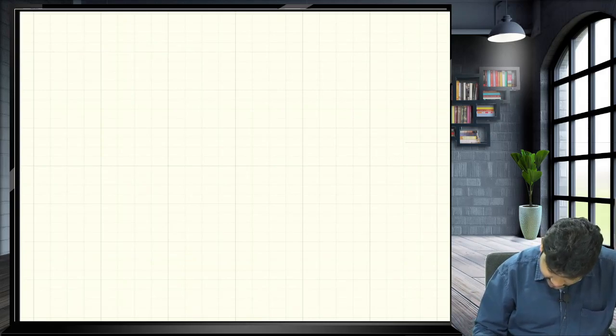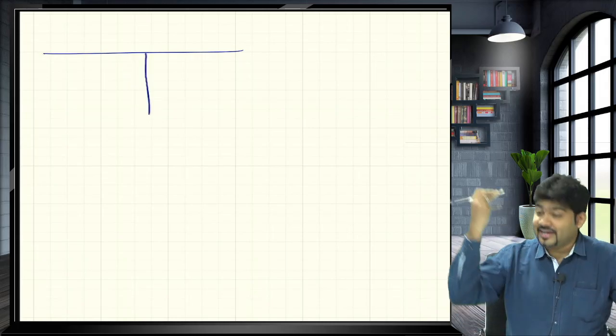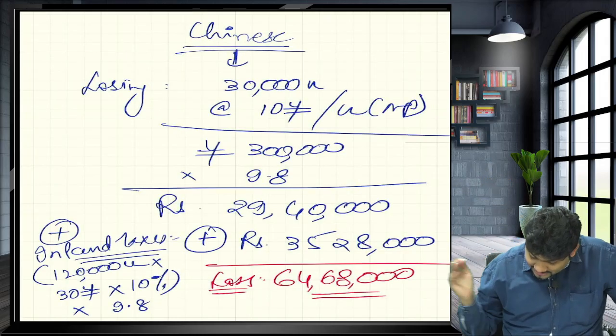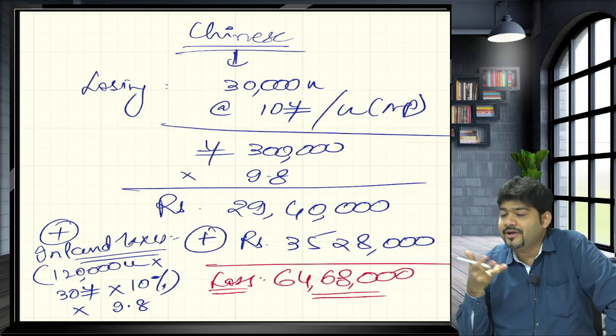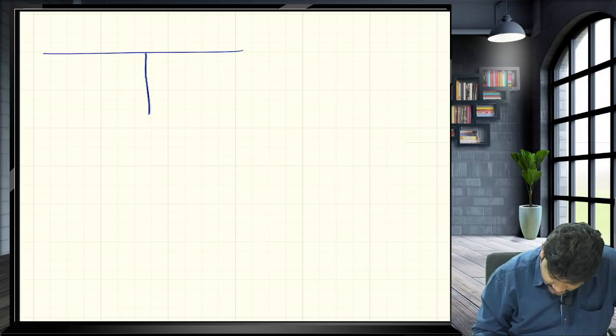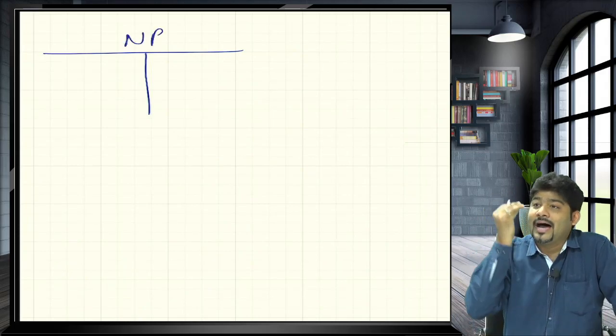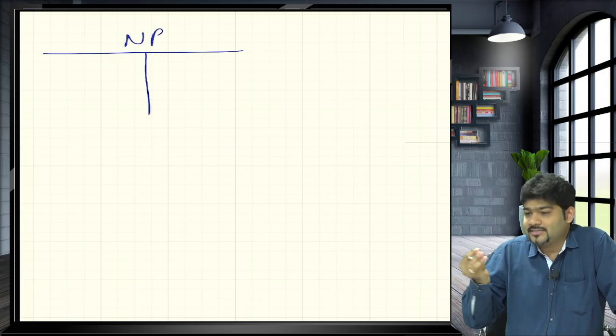You have cleared your intermediate taxation? I doubt. Sir, we are going to appear for final taxation. But you don't know this, that for loss also you are going to get the benefit of taxation. Wait, I'll explain. I know you don't know. You have never made a P&L account or made an effort to analyze how am I going to benefit in loss if I am making a loss.